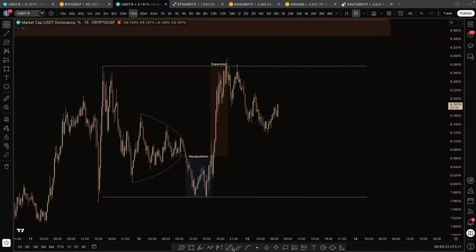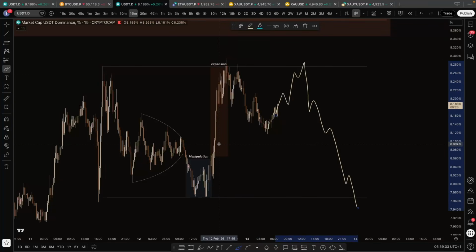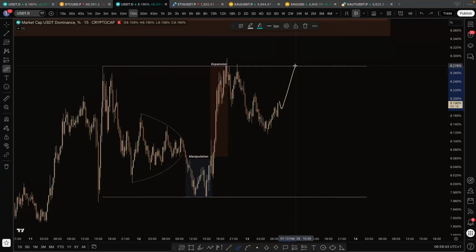That means price didn't leave a lot of liquidity behind here. If you're going to watch for a distribution schematic, you have to know that there isn't a lot of liquidity left behind here, so there's no liquidity trail. You need a liquidity trail right there. On the upper section, you need a lot of liquidity.